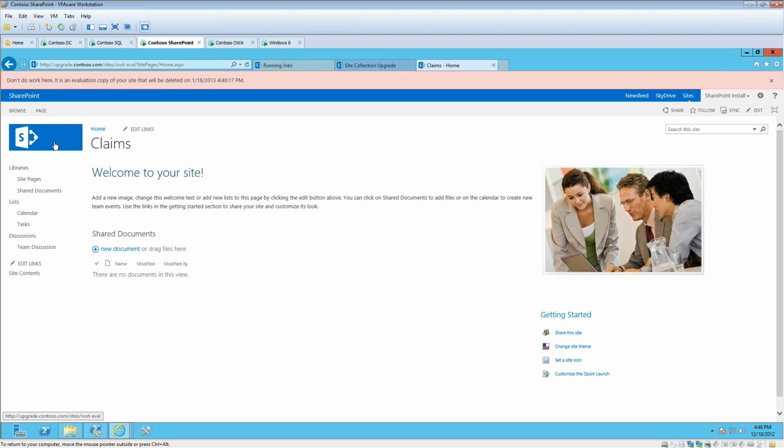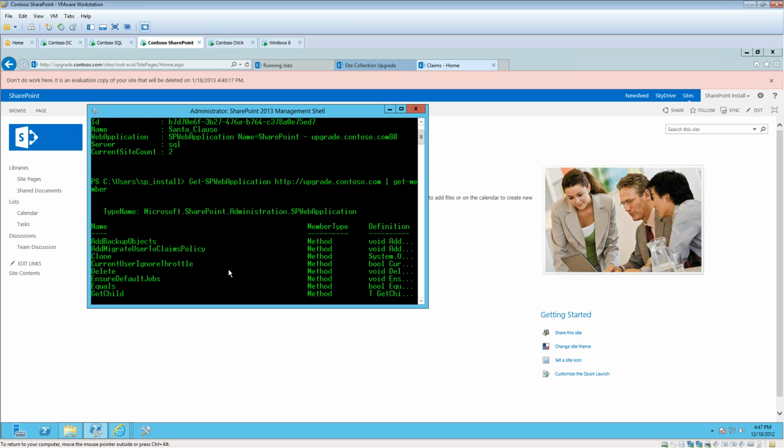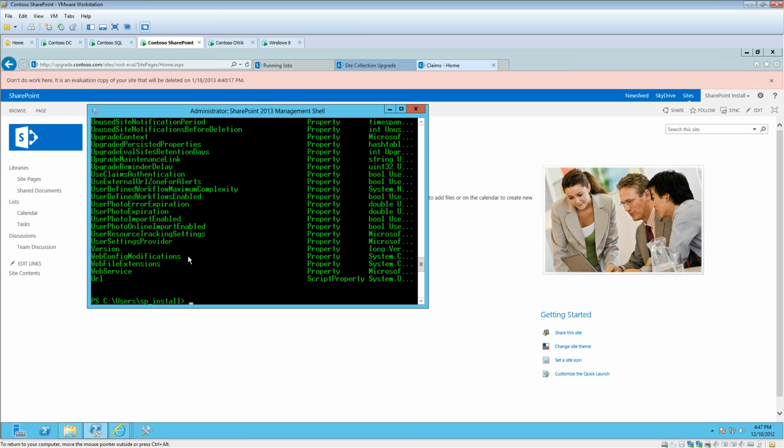And then there's another question, is there a way to prevent site collection administrators from creating eval sites? Oh, I honestly think there is. All right, this is Trevor's fault. He asked a hard question. So let's do this. Let's do Get-SPWebApplication, http upgrade.contoso.com, and then we're going to do Get-Member. Right? And we're not teaching PowerShell today, but that is essentially going to show us all the properties and methods for that particular web app. And I believe,